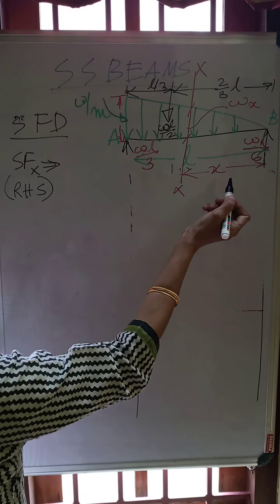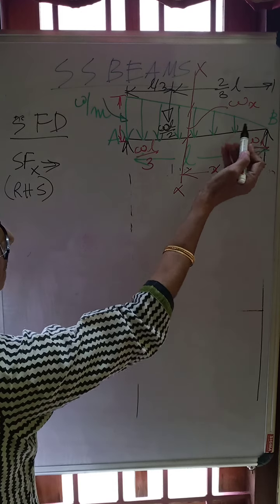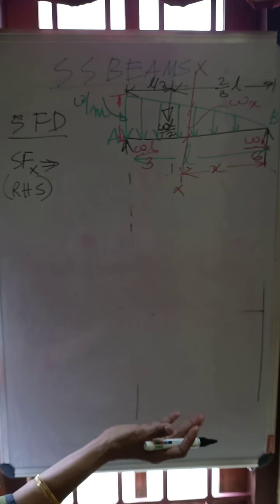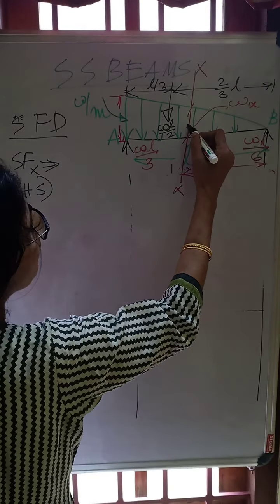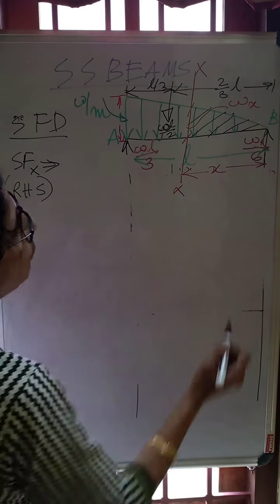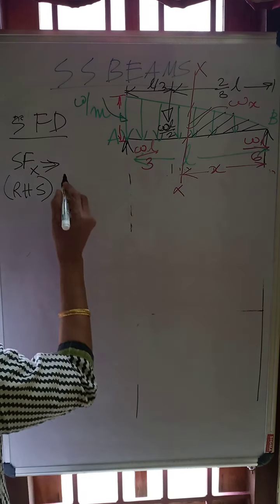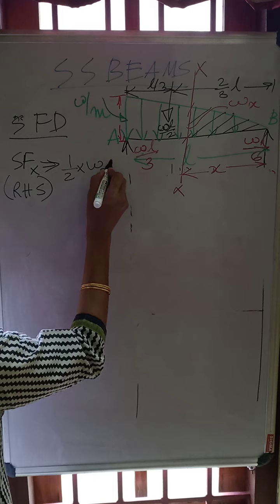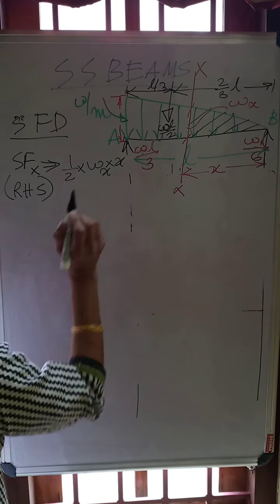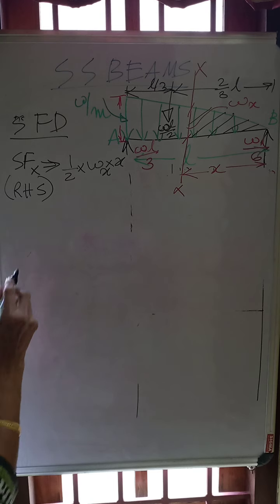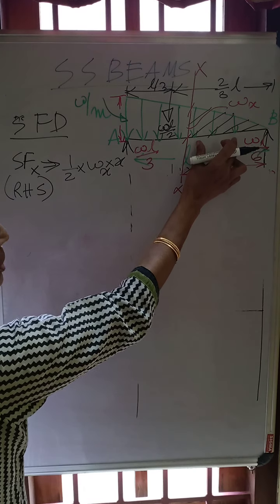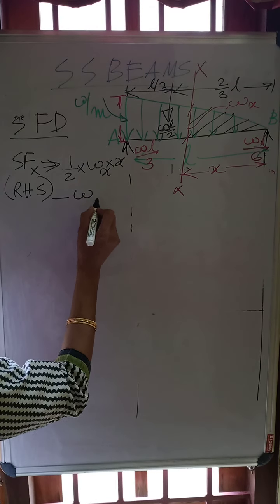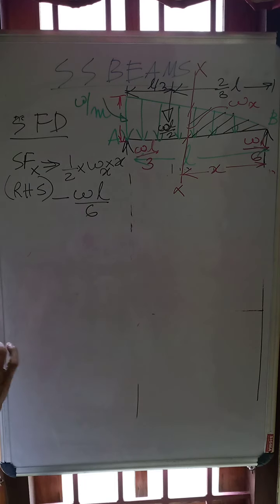So right hand side, what are all the forces? RB is coming up and the loading is coming down. Coming down means I have taken right of the section downwards is positive. So what is the load coming here? That is this much area of load. That is half into, I have taken this intensity of loading as Wx, into x. So we have got the loading as half into Wx into x. That is downward load. This is not only the loading here, we have got a reaction over here which is going upwards. So you have minus WL by 6. So you have got the equation.